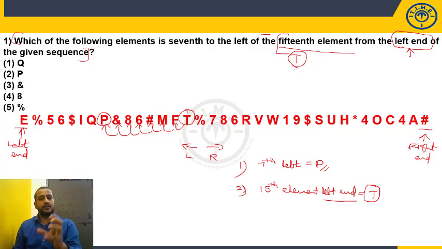So, what is the procedure that we have observed here? We are going in the reverse order, back tracing, from the back to front, as per the given sequence. First, you have taken 7th left followed by the 15th from the left hand. But when you are trying to find the required element, we have started counting from the end, in the reverse order. So, first you identified the 15th element from the left hand, that is T, and with respect to that the 7th left is P. This is how we are going to answer.